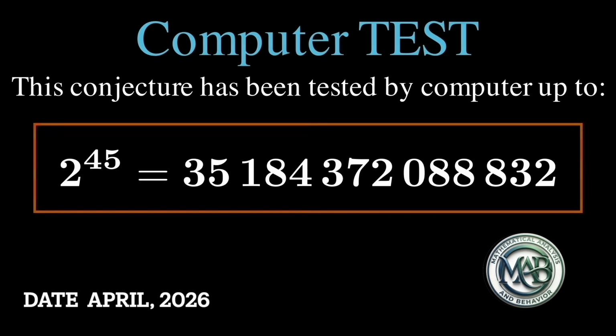To verify the stability of this conjecture, we didn't just test small numbers. Using high-performance computing, this modulo 10 conjecture has been tested for every starting integer, up to 2 to the 45th power. That is over 35 trillion numbers. Even at this astronomical scale, no counterexamples were found. Every single trajectory, no matter how high it climbed, eventually fell back into the same cycle, 4, 8, 16, 24, 32, 40. This massive numerical evidence suggests that the system for P equals 3 and Q equals 1 is just as robust as the original Collatz conjecture, but it operates in a much wider, digital landscape.